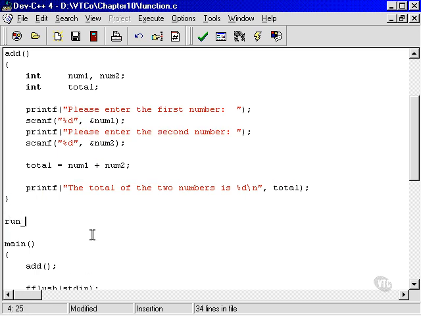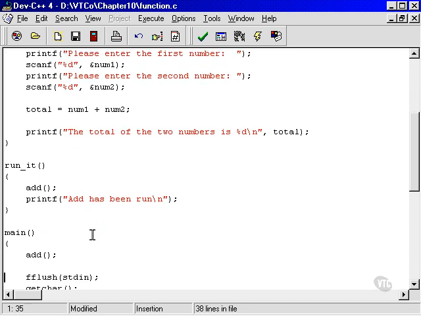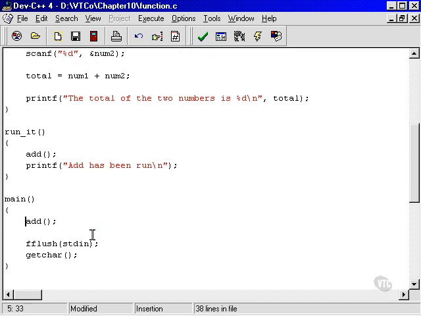We'll write a function called runIt. And all it does is it runs add. That's its sole purpose in life, is to run add. And we can put out a line saying add has been run, or something to that effect. This is for all the people that aren't really familiar with functions yet. And now we can say